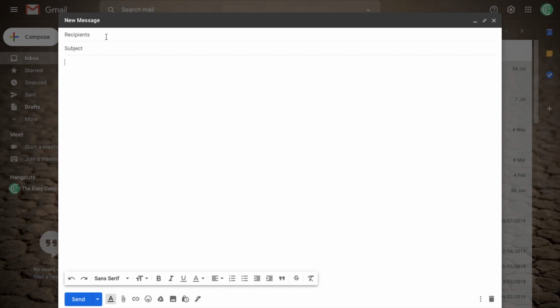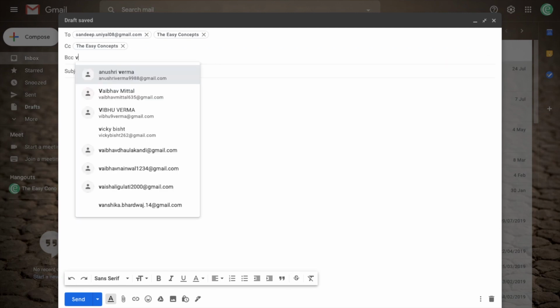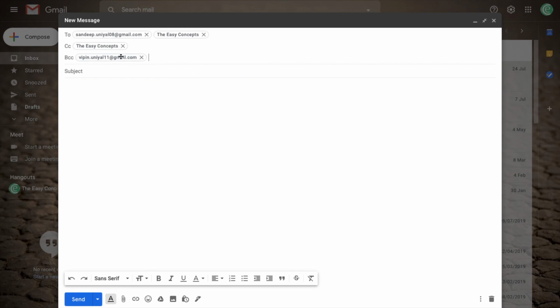In the recipients, you have to provide the email IDs to which you want to send the mail. So I can write this mail ID here, sandeep.unal08 at gmail.com, or maybe some other email ID, my own email ID. So this is about recipients. Then there are two other fields, CC and BCC. If you want to put some email IDs here, you can, but these are also about recipients. So there are actually four email IDs in front of you, and all these IDs are about recipients.